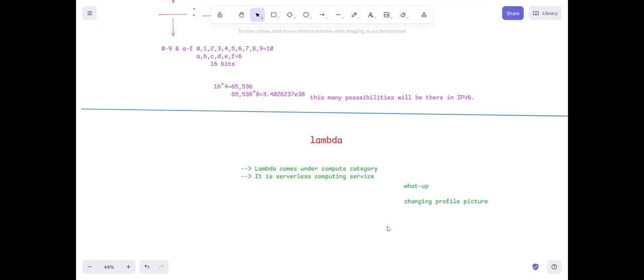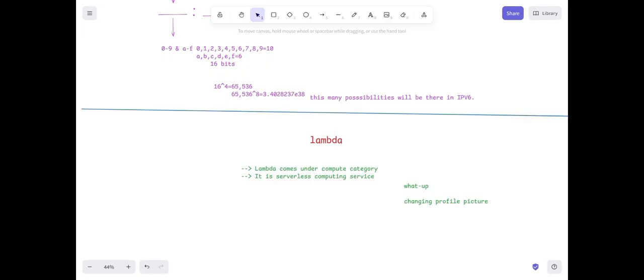If it is running in the server, it will take more storage space. If we maintain that in the servers, we have to pay. We have to get more storage capacity, and for that we have to pay, right?